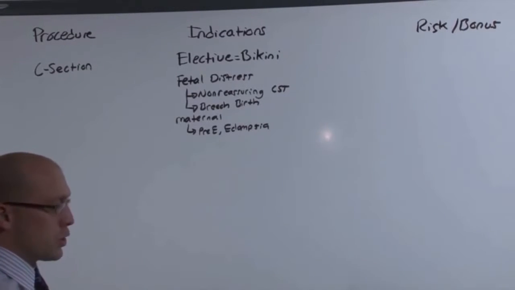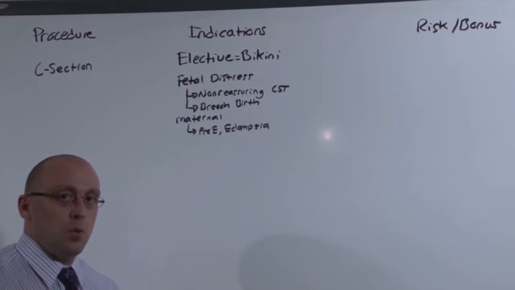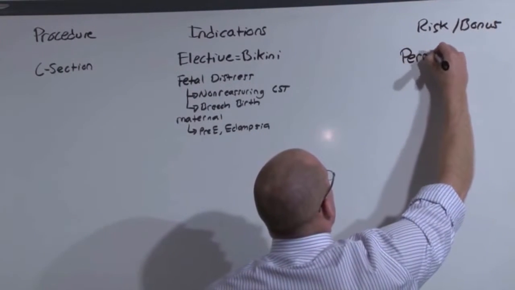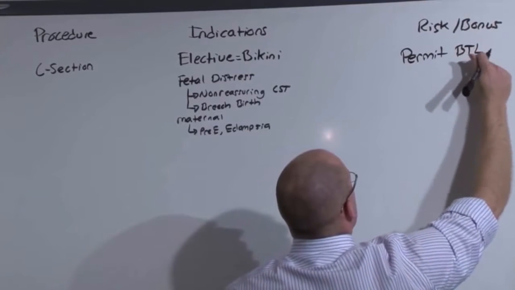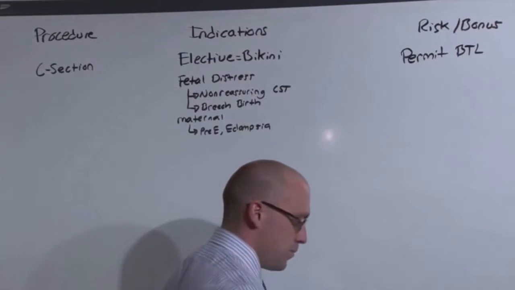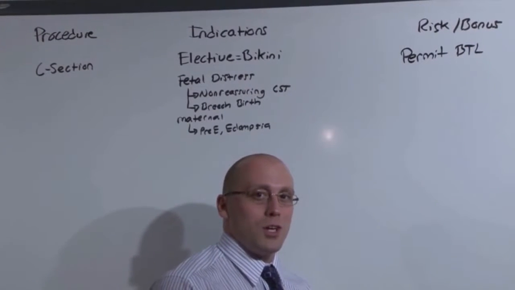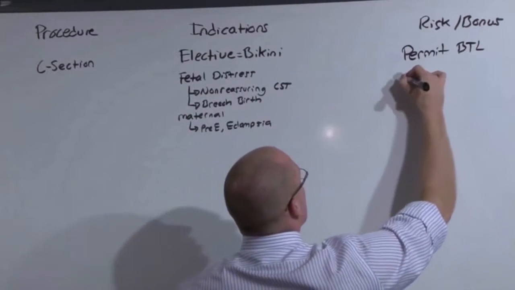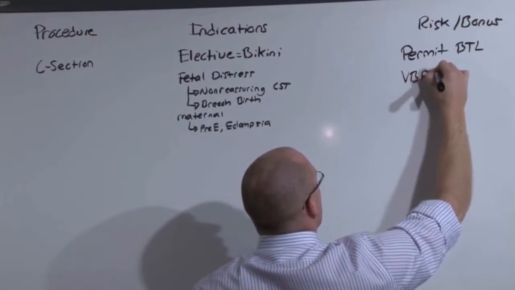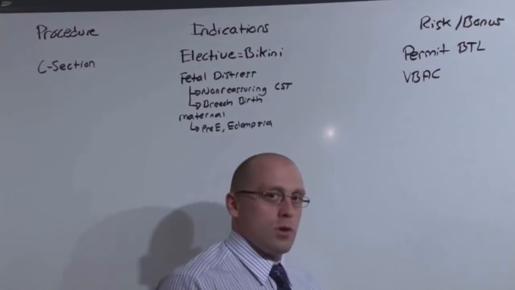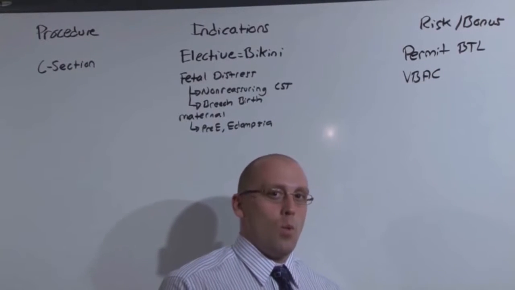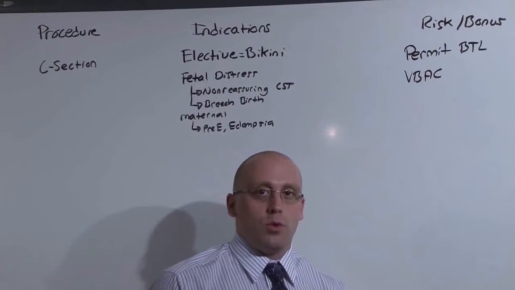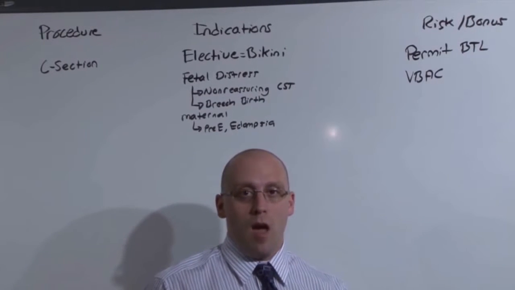But in performing a C-section, you gain access to the peritoneum, which means that if a mom wants a tubal ligation, you can do the bilateral tubal ligation, the BTL, at the same time you take baby out. The risk, of course, is that you are cutting into the uterus, so that if she attempts to have a vaginal birth the next time, you'll have vaginal birth after cesarean. That scar on the uterus is not as strong as the myometrium was, and so vaginal birth after cesarean carries the risk of having a uterine rupture,